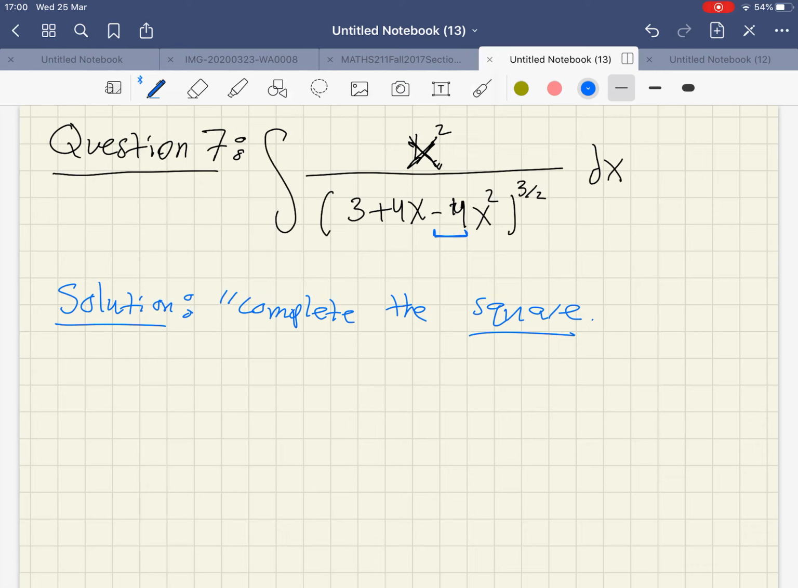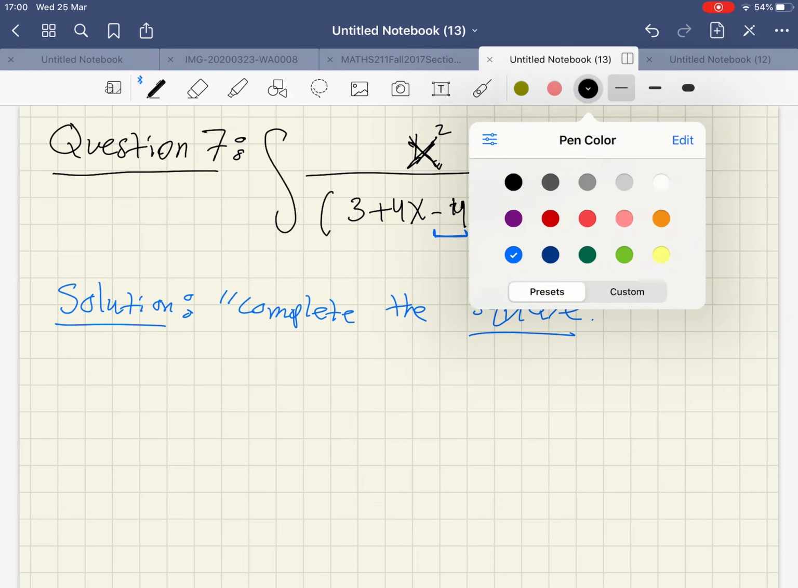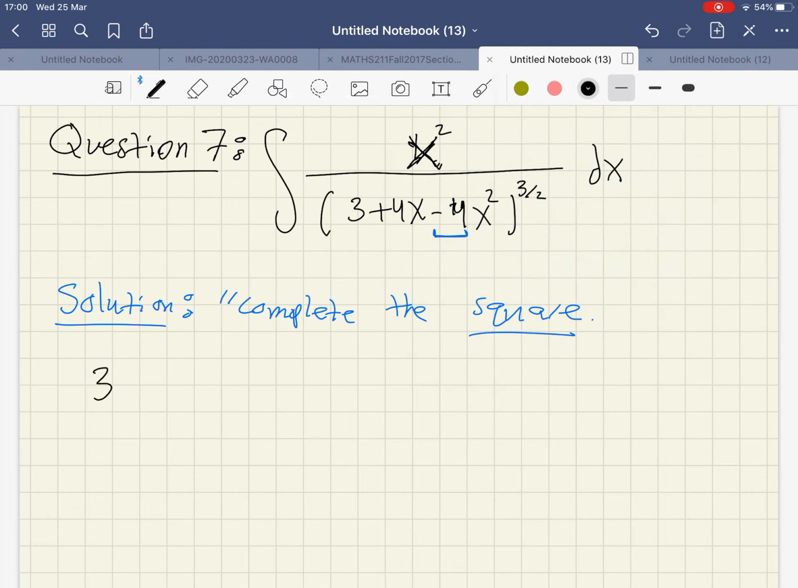Okay. So for now, just take it outside. Let's see what will happen if we take it outside. It will just help me simplifying the idea. So let me just take it outside and then I will deal with it. So I have 3 plus 4x minus 4x squared. The first step, take the negative 4 outside,